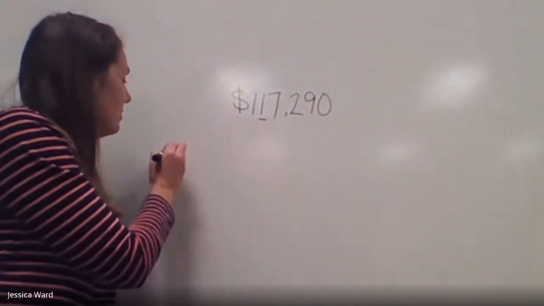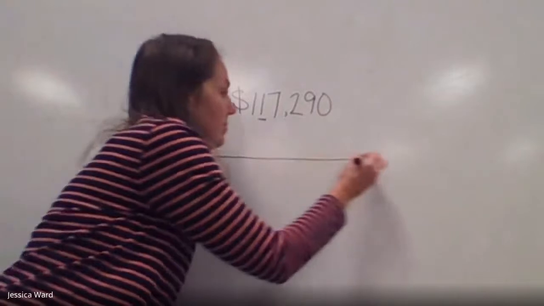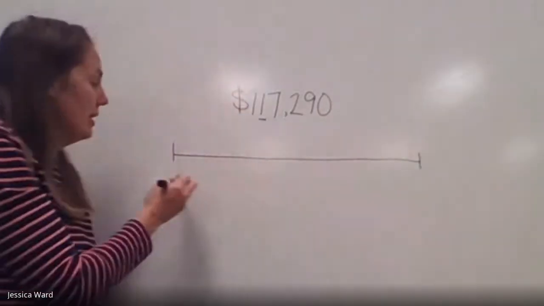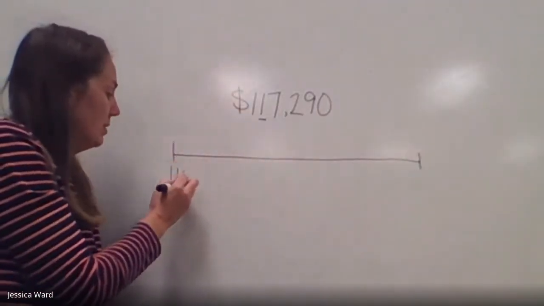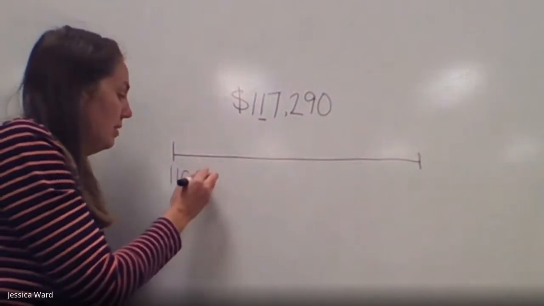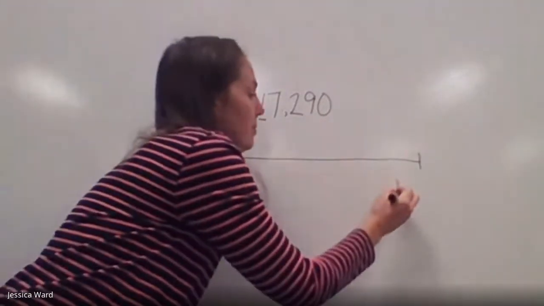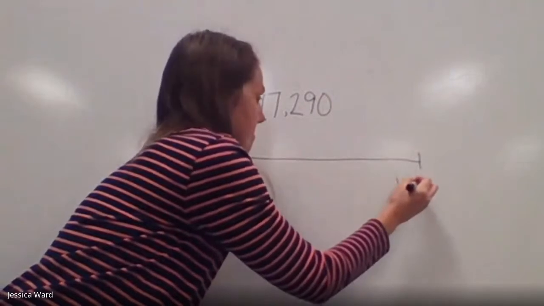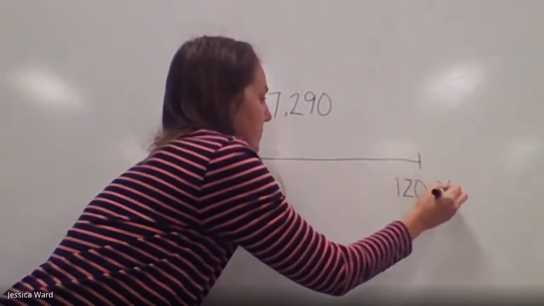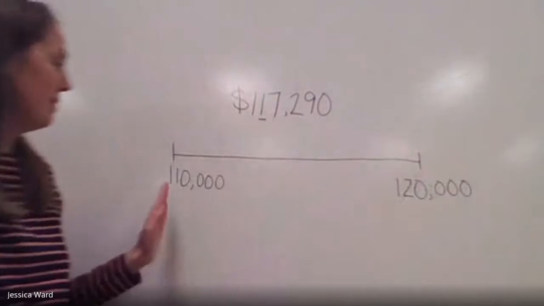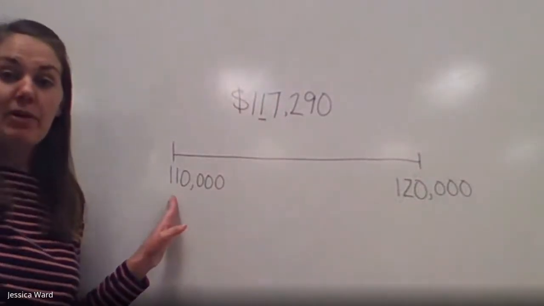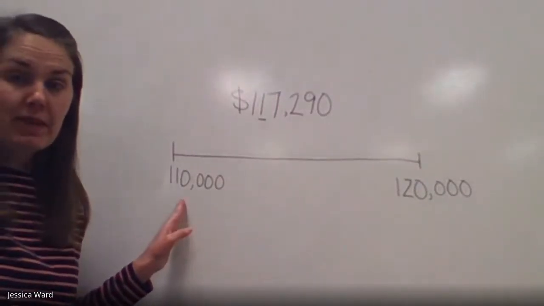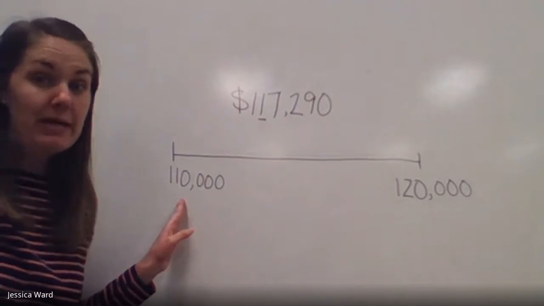So if I was counting by 10,000, my number line, just like counting by 10, I would have 110,000. And then the next one, if I counted by 10,000,